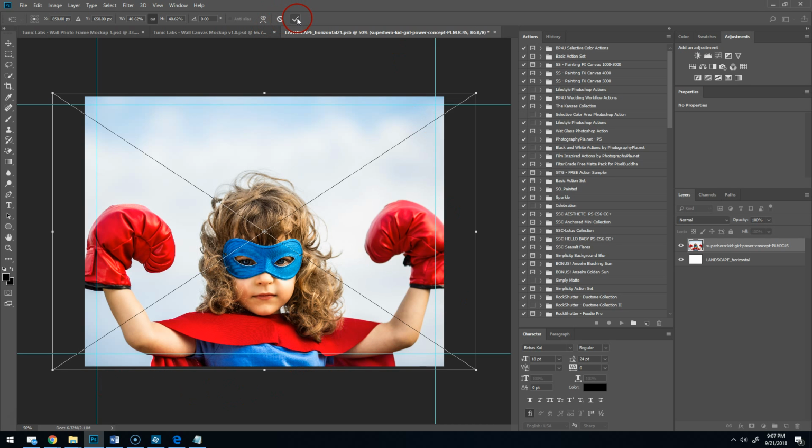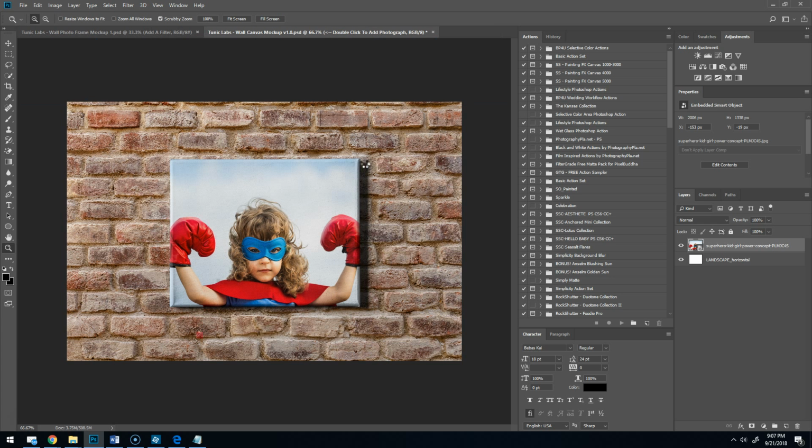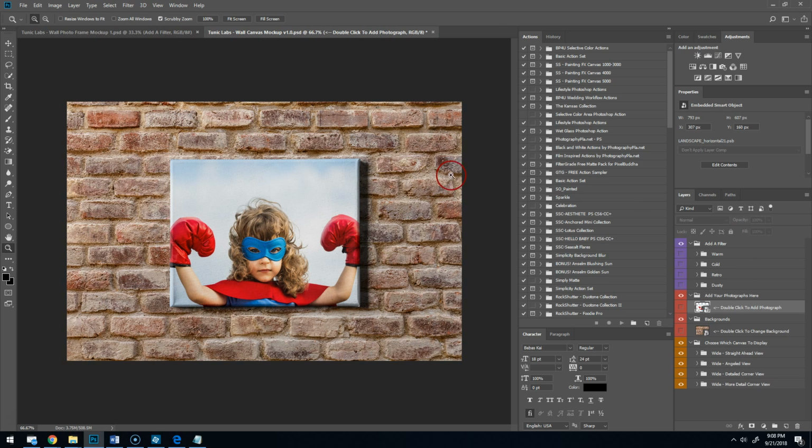So now that that's done, we're going to hit the OK button up here to lock it in place. And now you can just close this. Close it, but make sure you hit yes to save it. Basically, this is a little file within the file. So once this is finished closing, it's actually going to put the file into your canvas. So now that that's done,